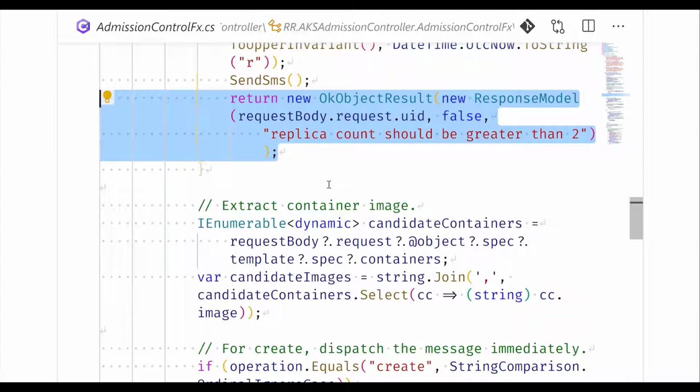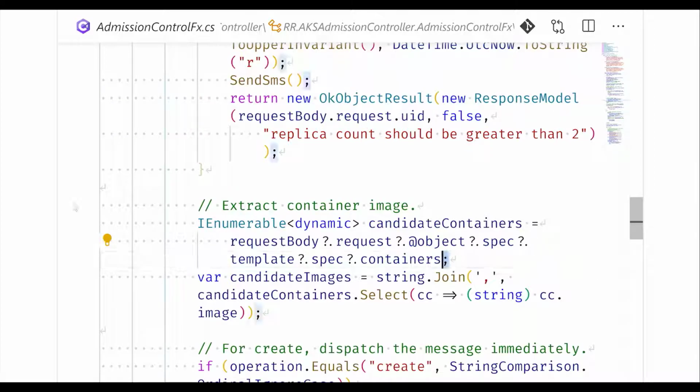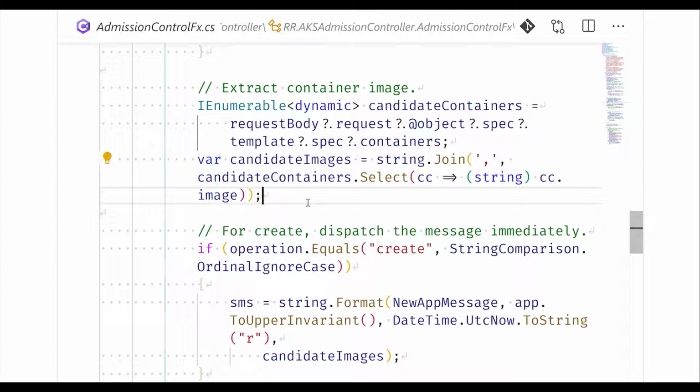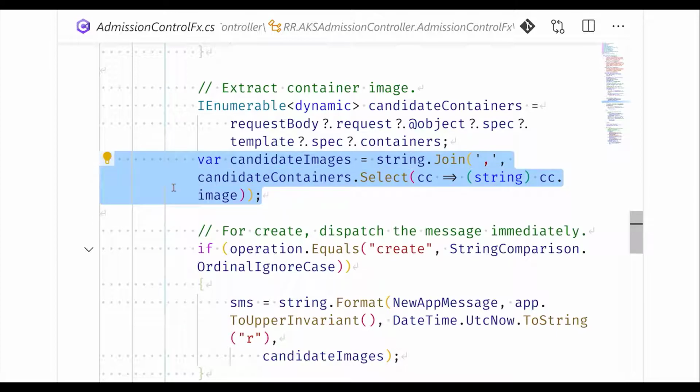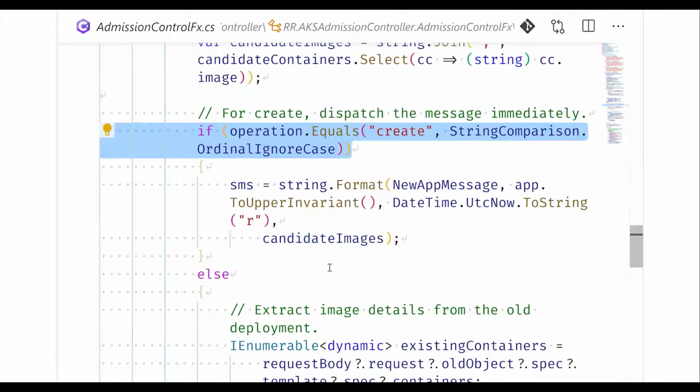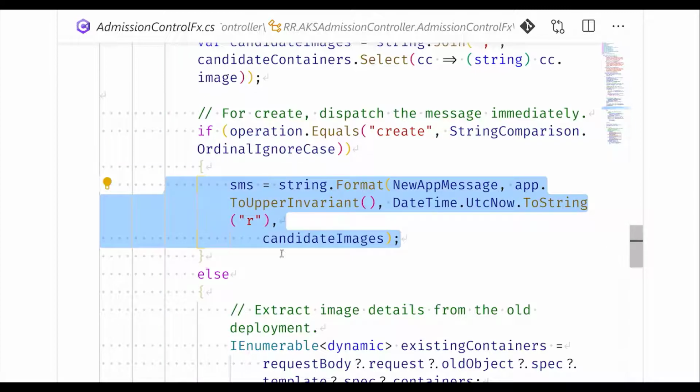If the replica count condition is satisfied, then I try to extract the container image names from the request. It then converts those names to a CSV value. Now, if the operation requested is creation of an application, it prepares an appropriate SMS.